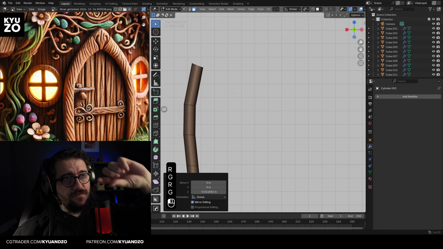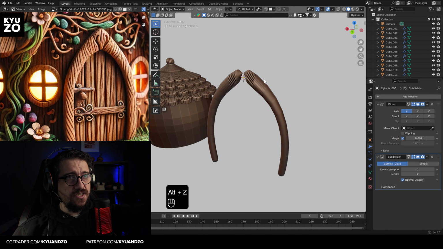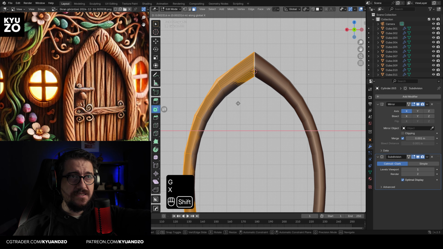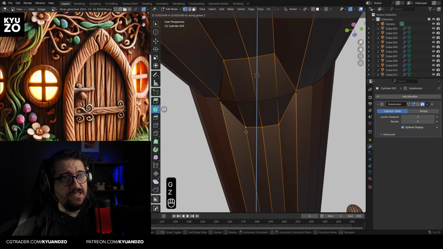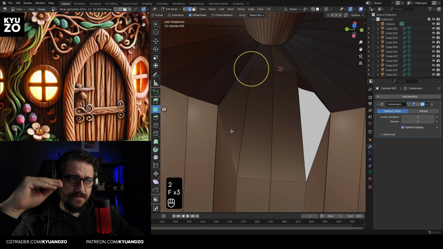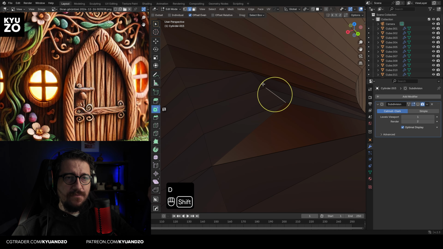And let's continue. I'm just loop cutting it and the wooden frame of the door. Now I'm adding 3D cursor origin and mirroring. We're gonna have some overlapping stuff here. We need to fix it ourselves. As you can see here, I'm cleaning, I'm adding new edges, merging, knifing, and I'm trying to get it done with the